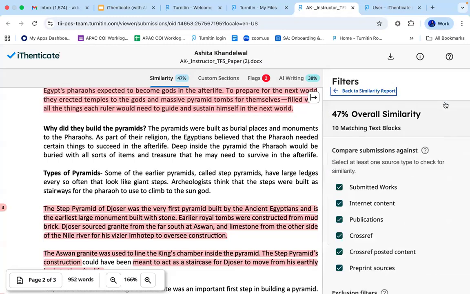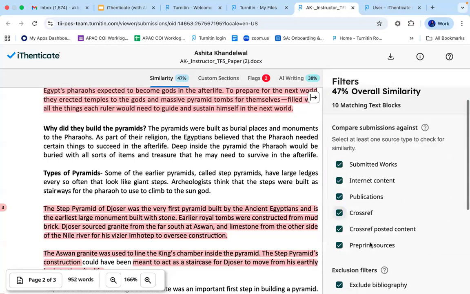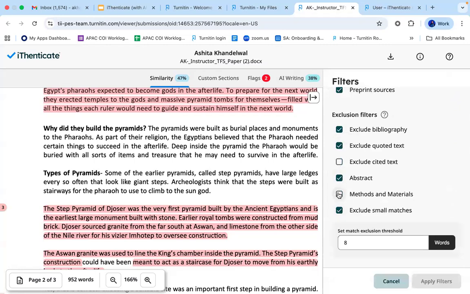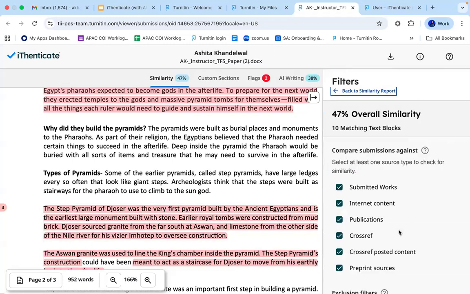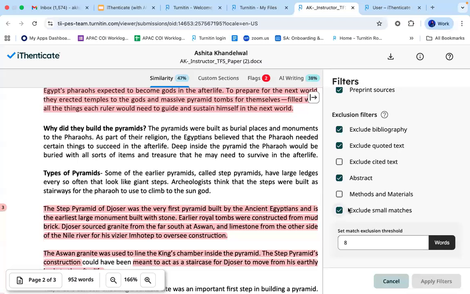You can also go to the filters tab on the top and use any kind of exclusion filters over here and then apply these filters. This will also change the percentage if you're using any of these filters. You can also use this exclude small matches.